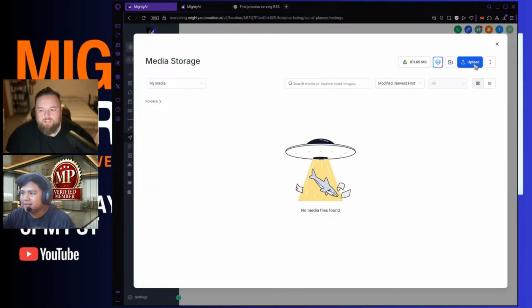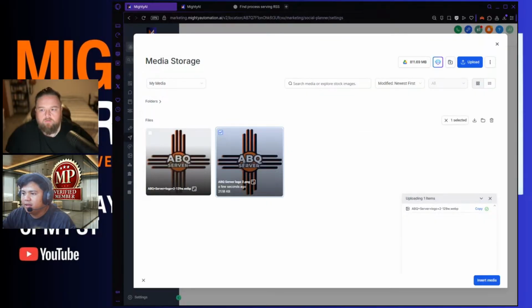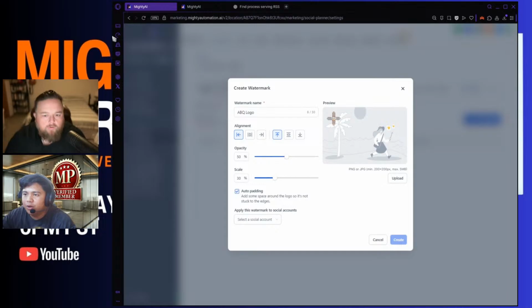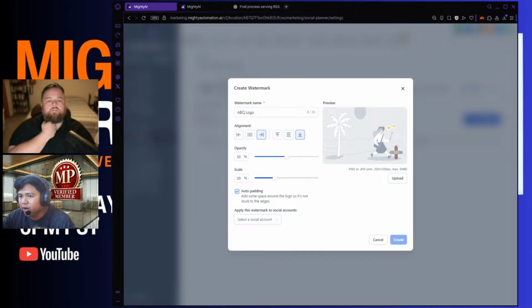I'm gonna upload a PNG just so that it doesn't take over the whole thing. All right. There we go. And here you will see the preview of your watermark, and you can select where it will appear. So, for example, you want it to be on the right side and on the bottom part, or you can have it on both middle, and you can play around with it. But here, for example, we're just gonna put it on the bottom right part,